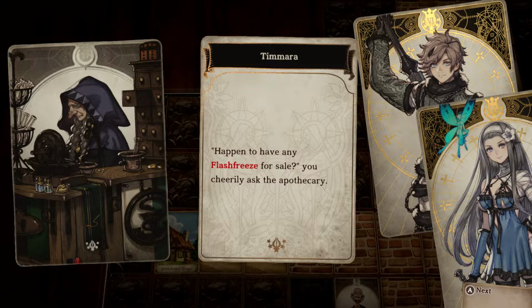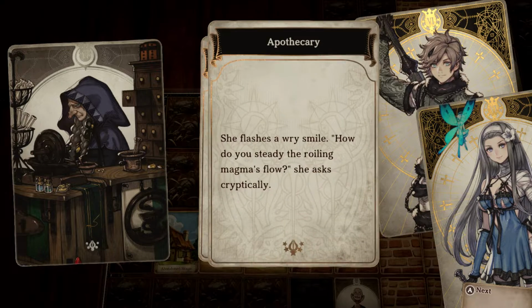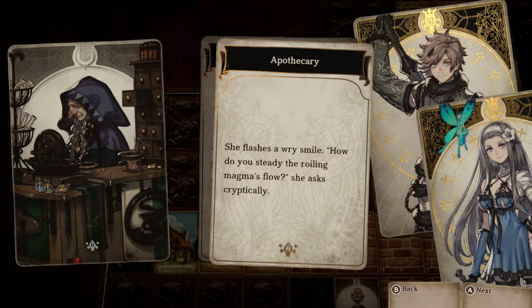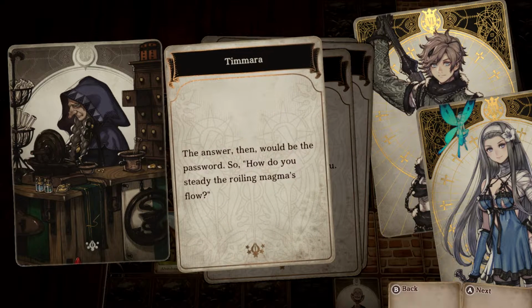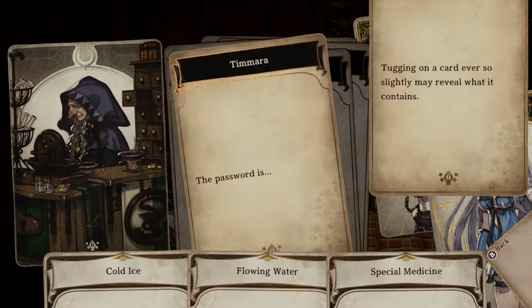You cheerily ask the apothecary. She flashes a wry smile. How do you steady the roiling magma's flow? she asks cryptically. With the flash freeze? The question is utterly lost on you. She needs a password, Melanie mutters over your shoulder. The answer, then, would be the password. So, how do you steady the roiling magma's flow? Password is...